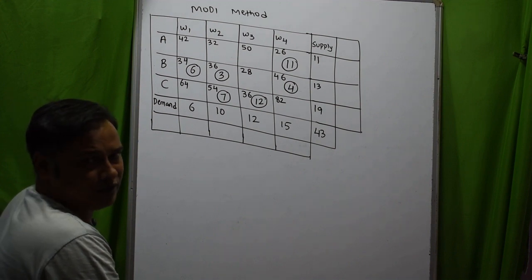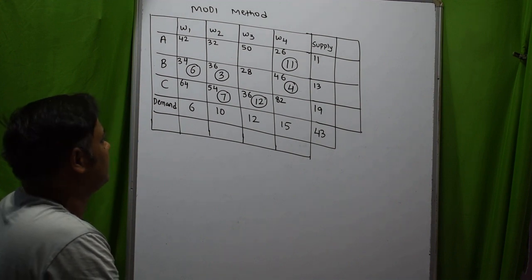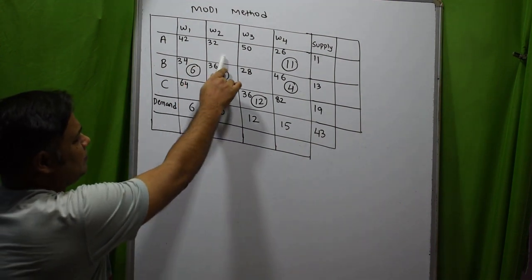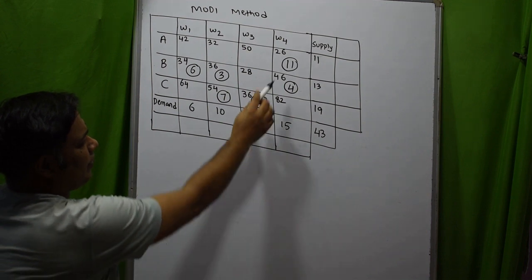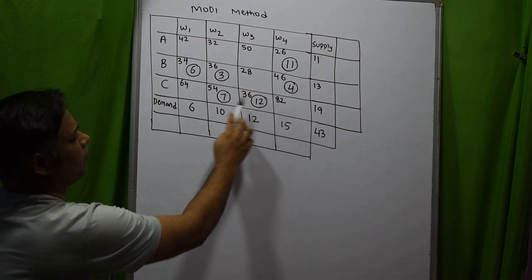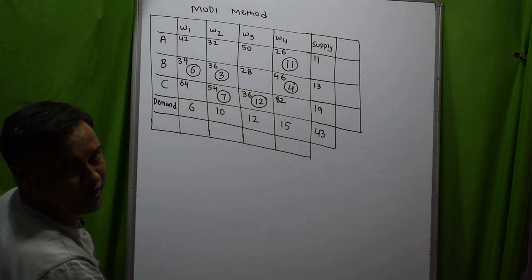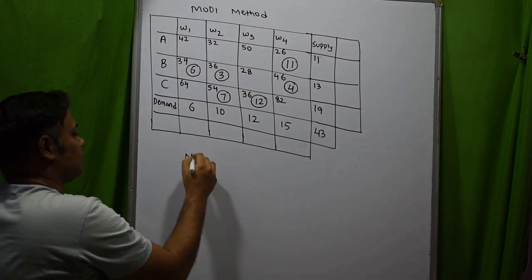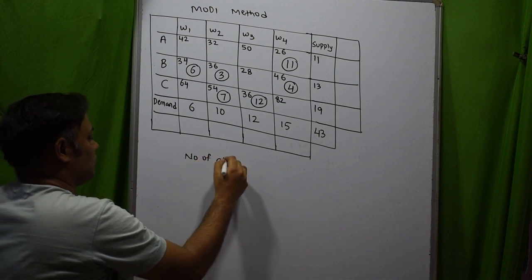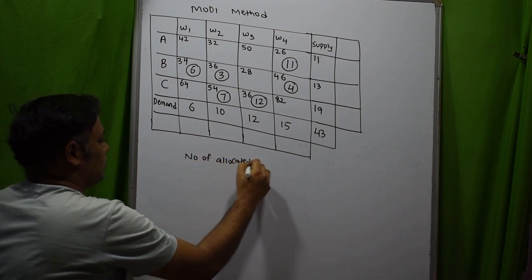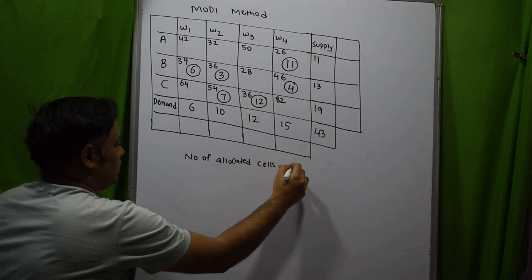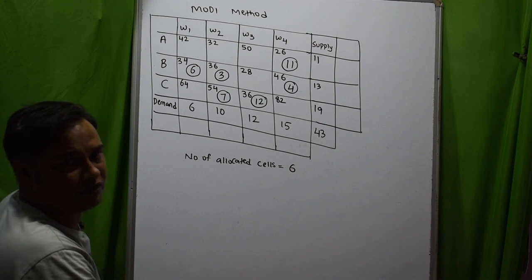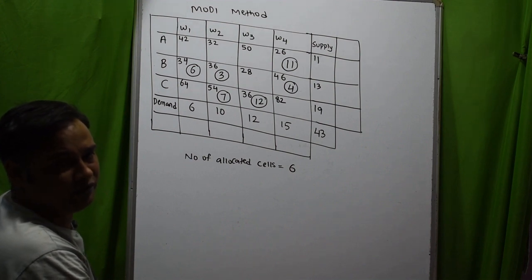Now before I start solving the problem by Modi method, let's try to understand how many cells we have got here. So we have got the cells here. Now there are some cells where we have made an allocation 1, 2, 3, 4, 5, 6. So my number of allocated cells are 6. Before I start the Modi method, I need to check one basic condition